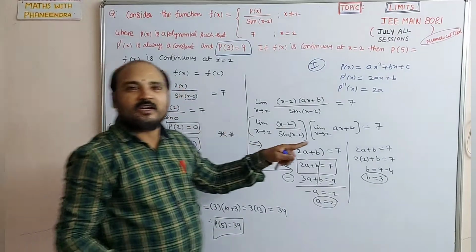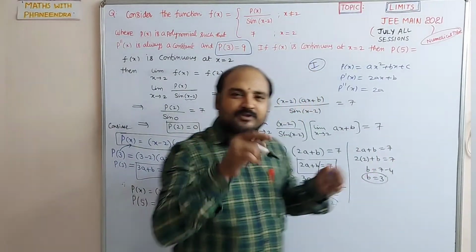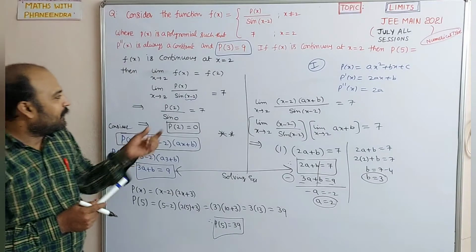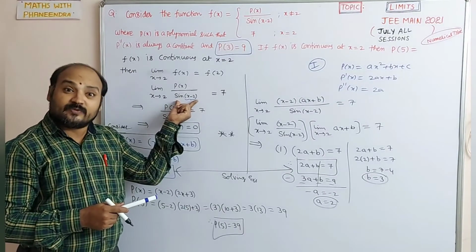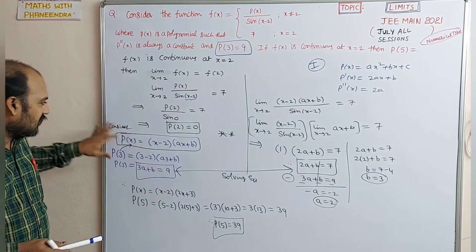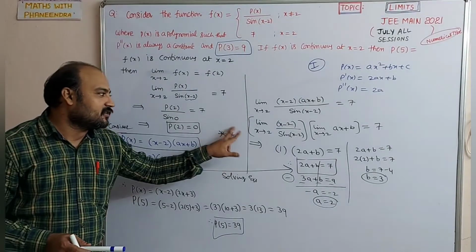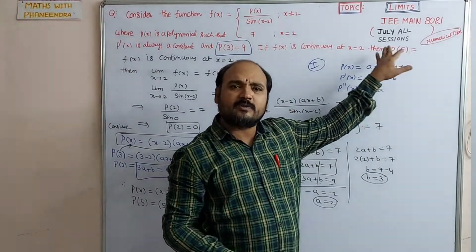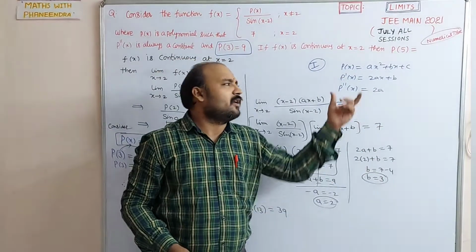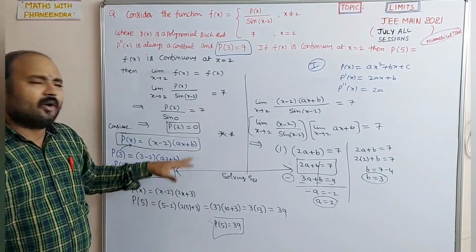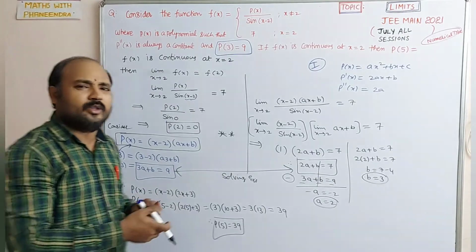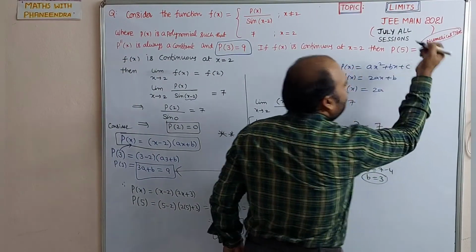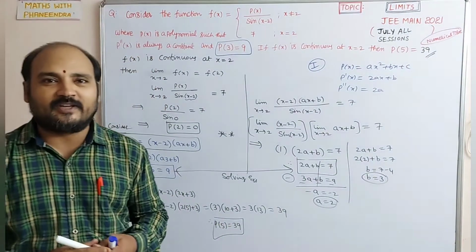So this is a numerical type question. Mostly try to take this function P of x based on which function the denominator contains. Dear student, this is the logic here. That is the reason I kept the star mark here. Otherwise, you can take P of x is equal to ax square plus bx plus c and then continue, but it will take a little bit of time, 1 or 2 minutes more. But you can do that. So P of 5 is equal to 39 is the answer. We will move to the next one.